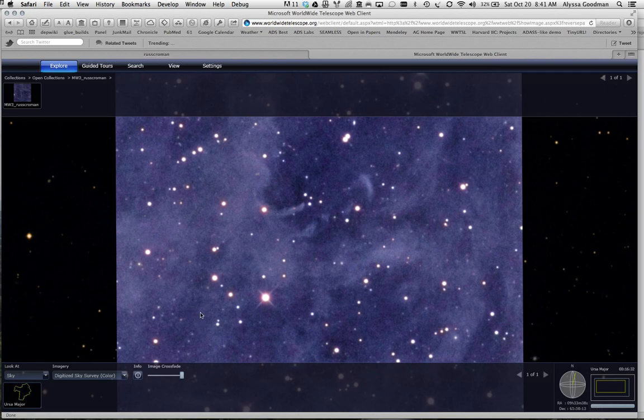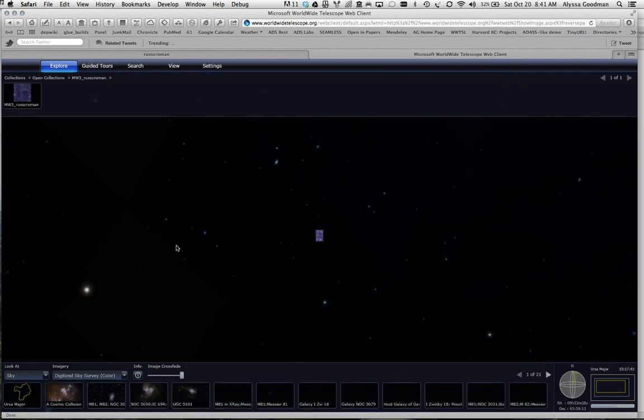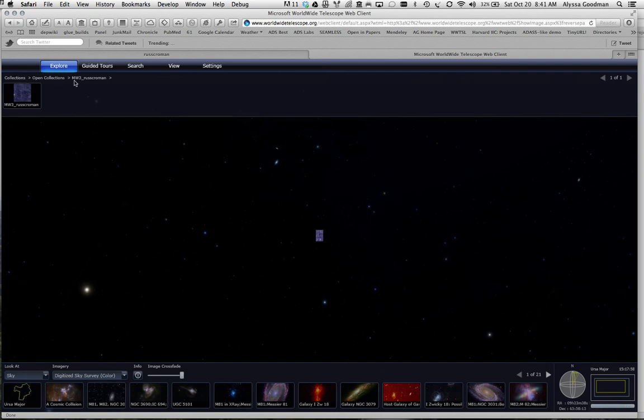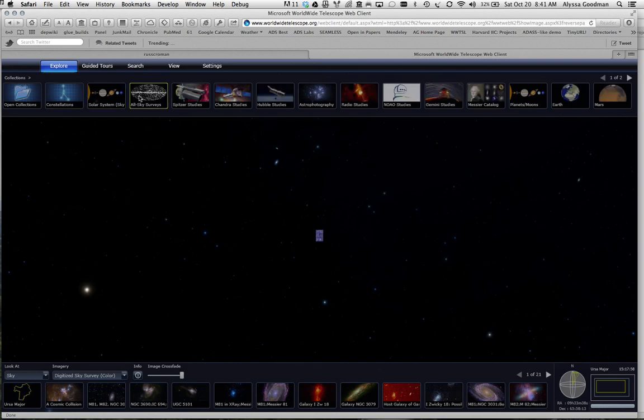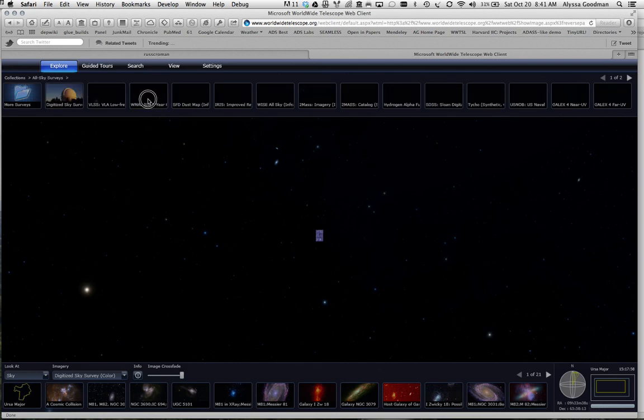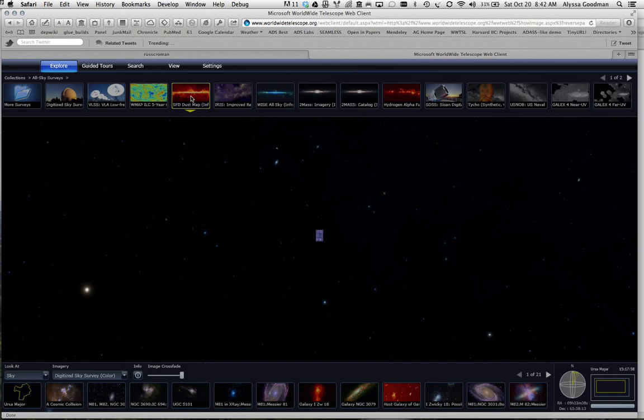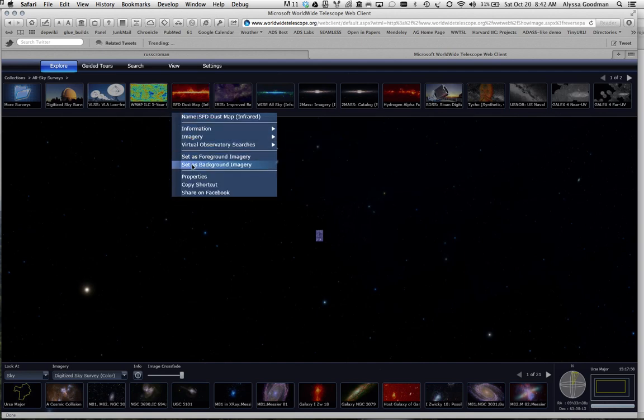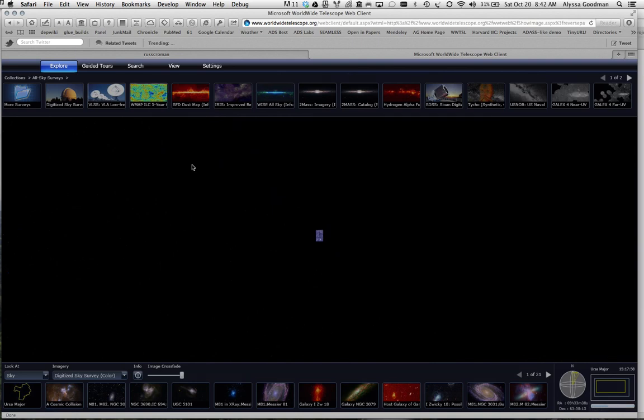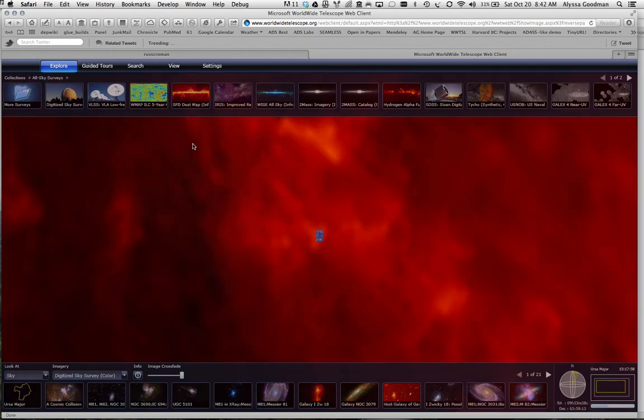And then if we want to understand where this image goes in the context of other wavelengths, I can go back here to this collections menu, and I can go up in the collections menu until I'm at the top level, and I can choose all sky surveys. And in this case, we'd like to see a dust map like the one that we saw in the first part of this video. And so if I go here and I set the SFD dust map as the background, then we can wait a minute while that loads, and we can see this large complex of dust and gas,